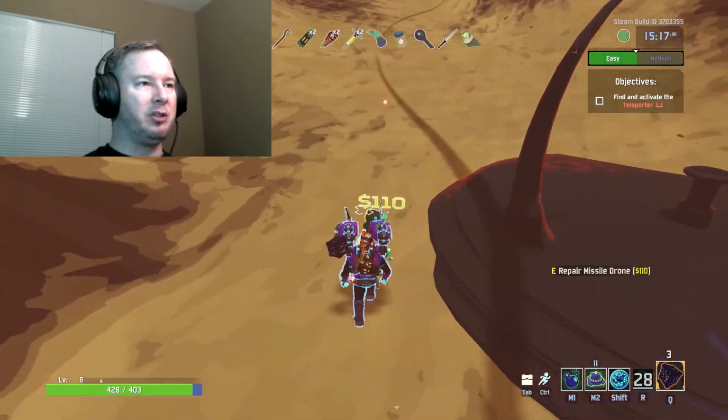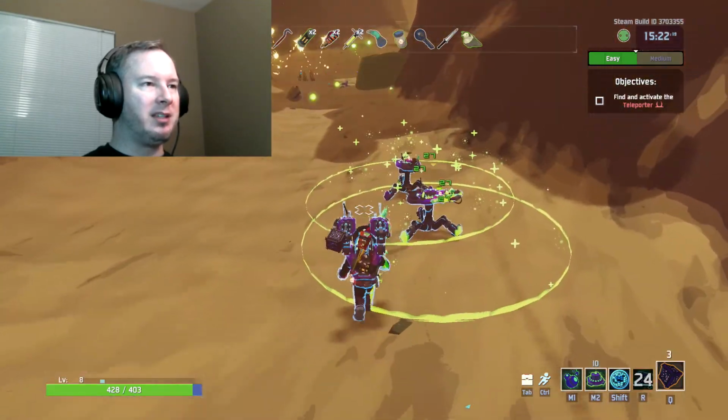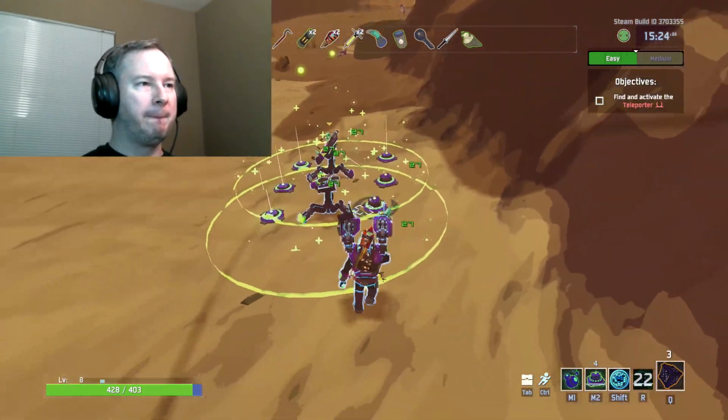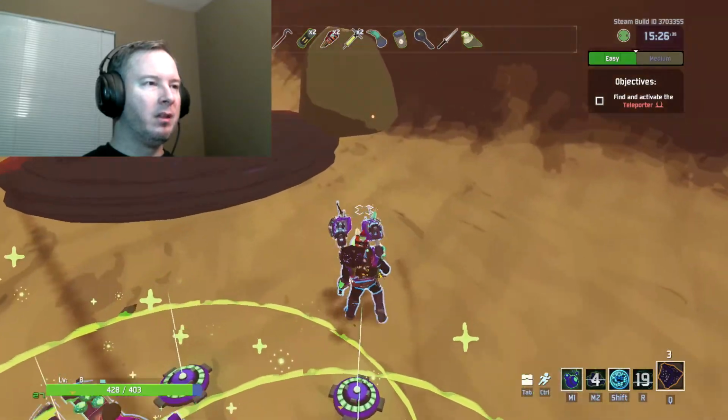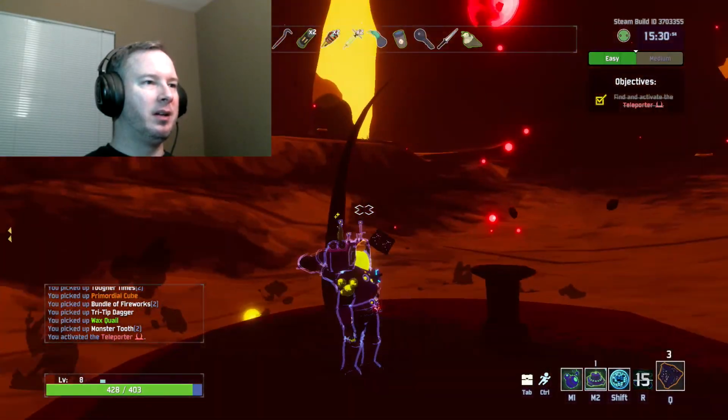Alright, put those down. I have a turret now. Now put my mines down. 10 mines is good enough. After that they start exploding. Now